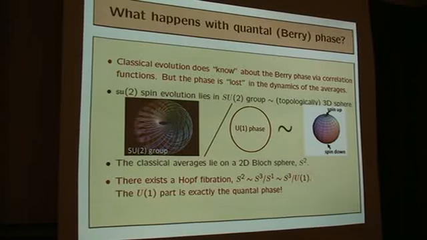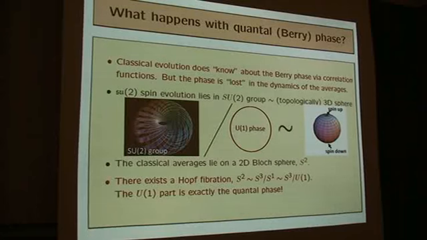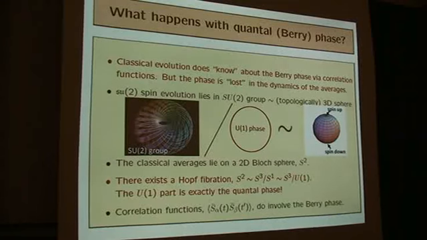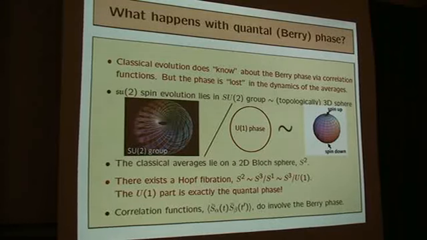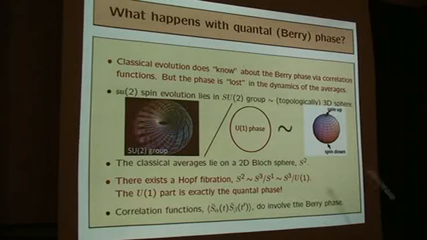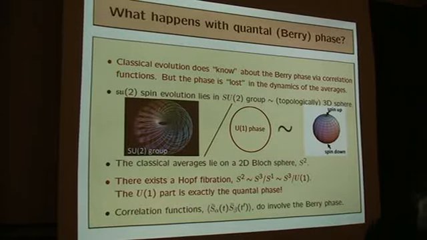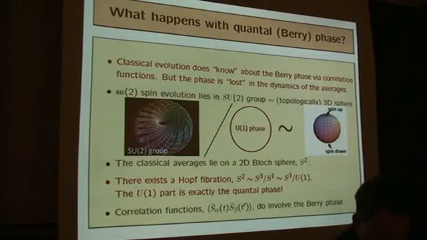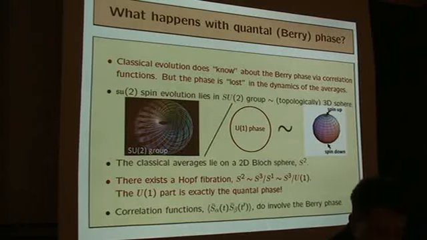And it does disappear in the equation for the averages. However, for example, if we study correlation functions, let's say for the spin, they will depend on the Berry phase. It's not really lost completely. Okay, so let me just take maybe three more minutes and show you just one slide illustrating